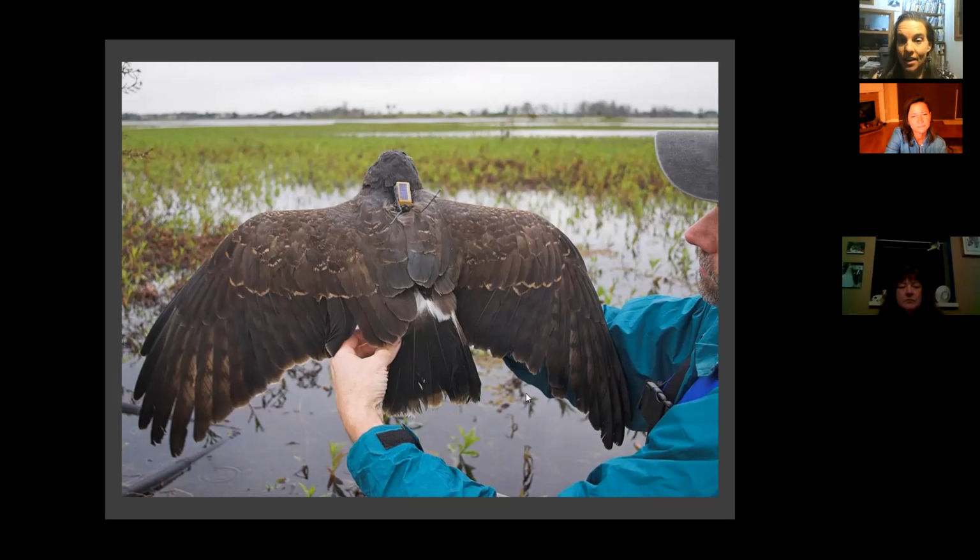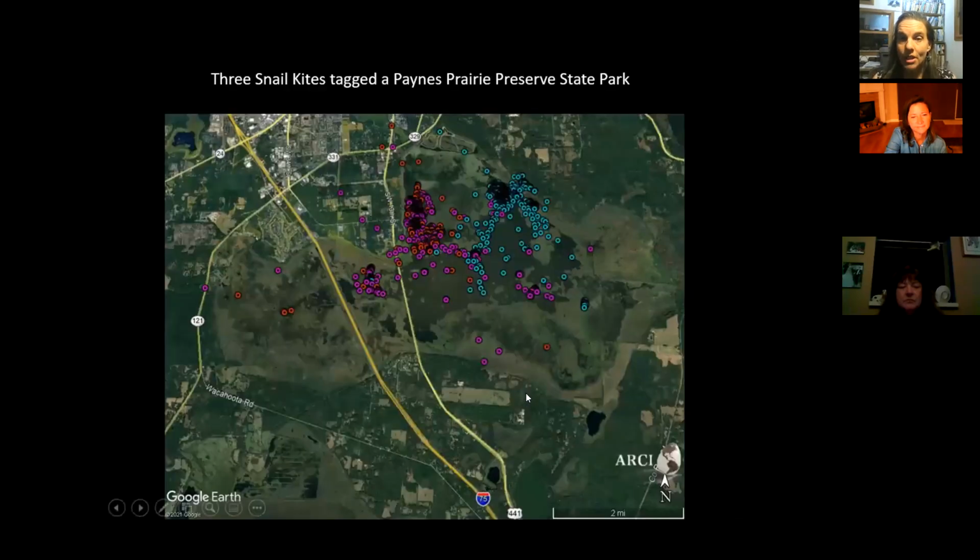So you've probably heard that snail kites have now moved into the Paynes Prairie Preserve State Park here in Gainesville. We were able to tag 3 birds. You'll see 3 different colors, and these dots are the exact GPS locations of the birds that are foraging in the area. If you're familiar with Gainesville, this is the Sweetwater Wetlands Park, a very popular birding destination, and it